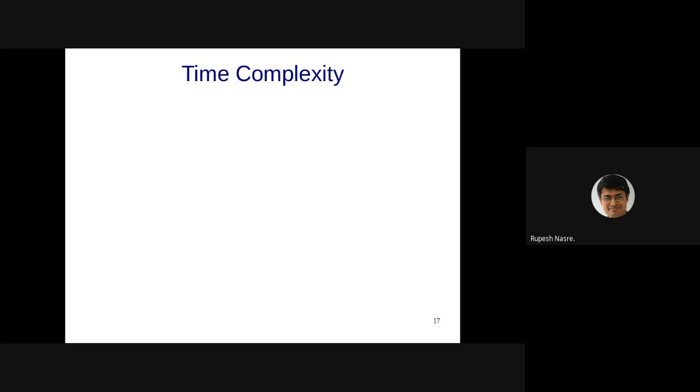So we have to talk in terms of the height, because the first thing we have to do is to traverse to that particular node, right? Starting from the root. Now that is definitely dependent on the height, because in the worst case, I might go all the way from the root to the leaf. So that is definitely required. Once I have reached that place, then there are three cases: 0 children, 1 child, and 2 children. 0 and 1 are constant time operations, assuming that you have access to the parent. What about the 2 children case?